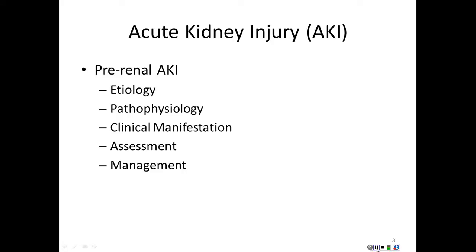Now, these patients, as we begin to treat them, probably are going to require a CVP line or a pulmonary artery catheter to help us manage their treatment, which we're going to talk about a little bit more as we get into the area. These patients are going to require fluid challenges. We're going to look at treatment as we look at all of them together. But management of these patients is really going to be fluid status, trying to restore perfusion to the kidneys by increasing that fluid status.